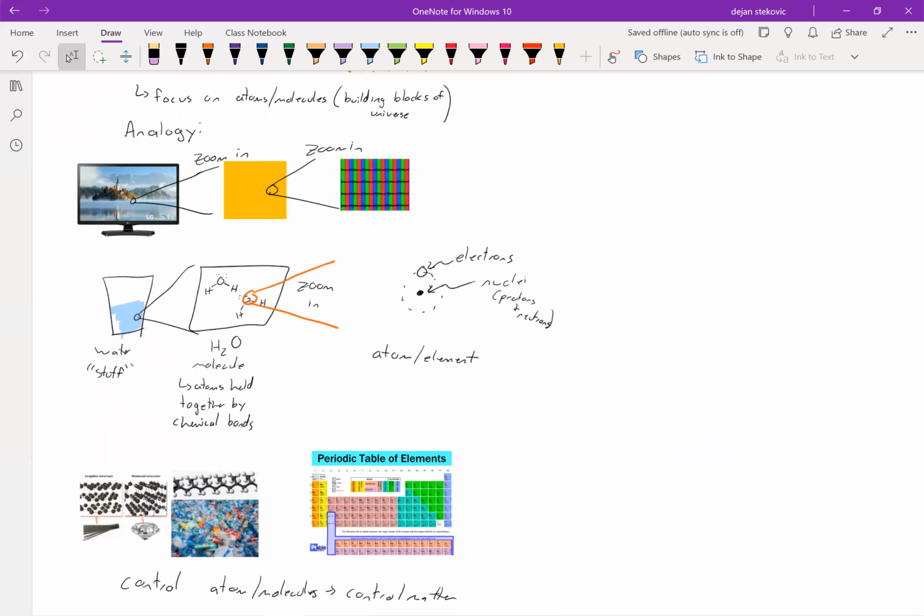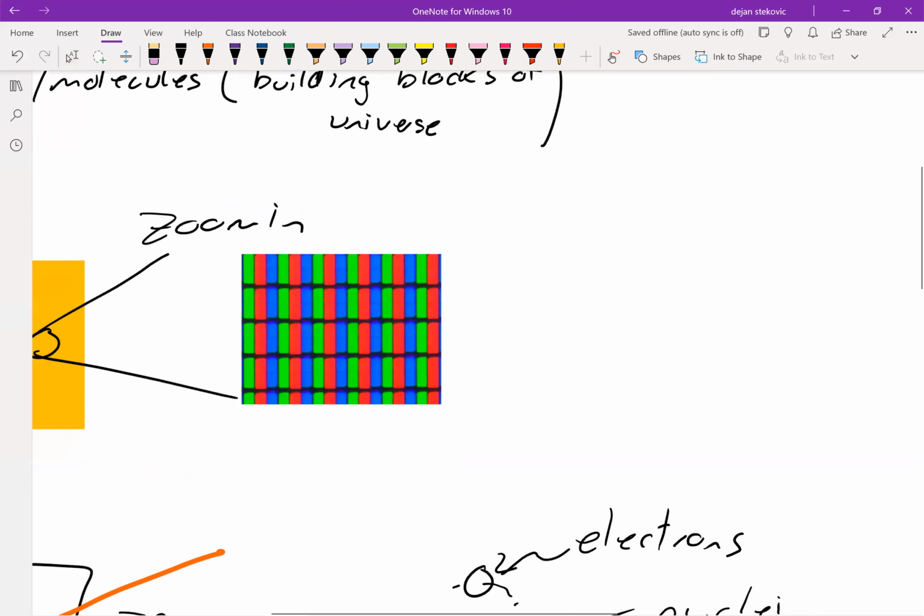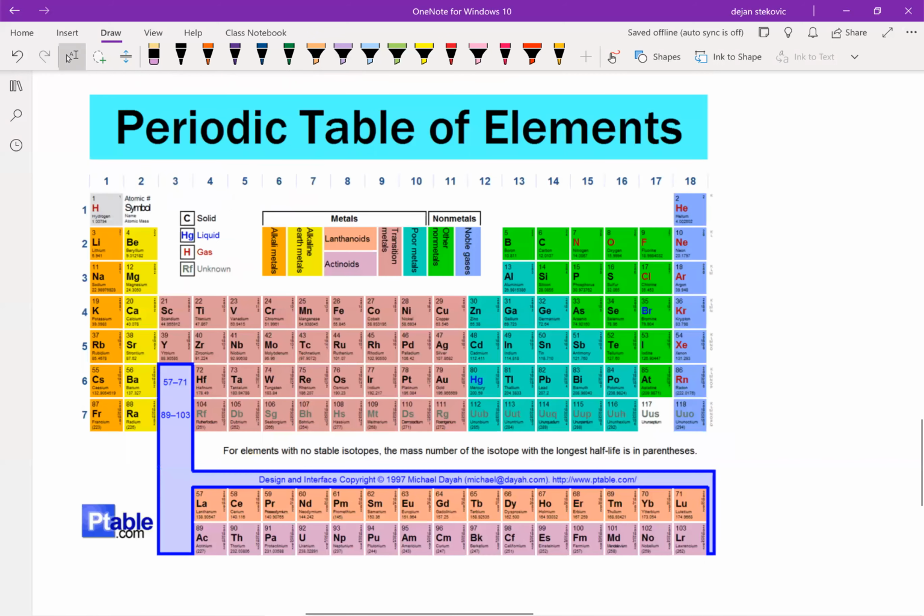So back to this analogy, in TVs, you've got 3 different colors, right? Red, green, and blue. In chemistry and in the universe, we've got certain amounts of elements, right? So this is our periodic table of elements that we'll learn in deeper, but basically these are our building blocks. All of matter is made out of these elements. If you're curious, yes, you can go deeper than an atom, right? You can think about what atoms are made out of. But in general, in chemistry, we stop at the element level.